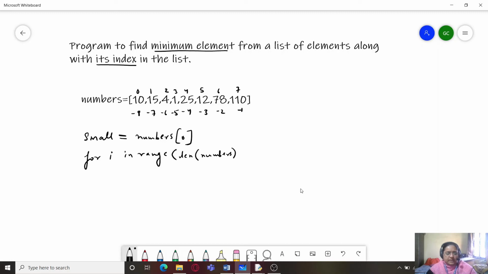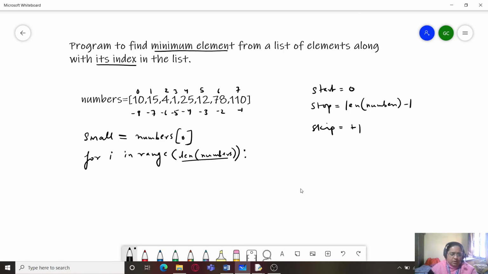Len numbers will give me the length of the list, that is the total number of elements in the list. And in the range function, if you are not providing any start value, the start is considered to be 0. The stop value will be 1 less than the number which is provided as the stop value over here, which will be the size of numbers minus 1, and the skip value is already plus 1.